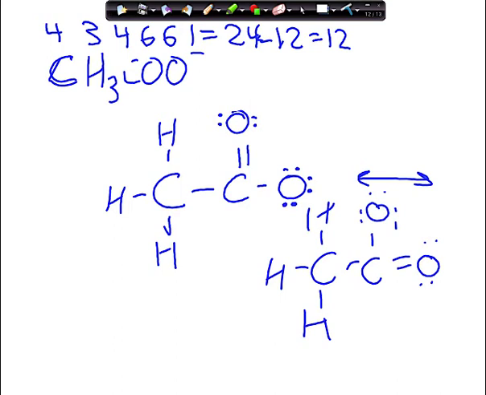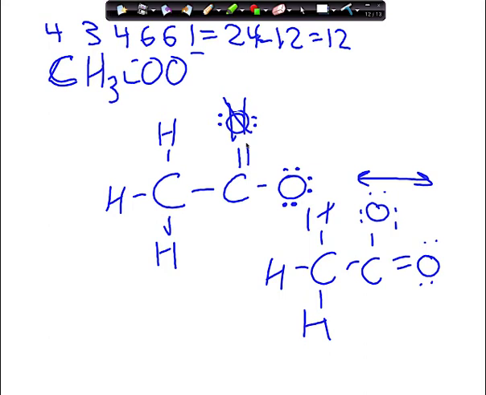No, I know what you're saying. So let's say it this way. If you get to the point where in order to fulfill octets, you need to create a double bond, and that double bond could be created in more than one equivalent location. Okay? So for example, and this isn't really even possible, but if that was a nitrogen and we got in that spot, those aren't equivalent. And therefore it's not going to resonate.